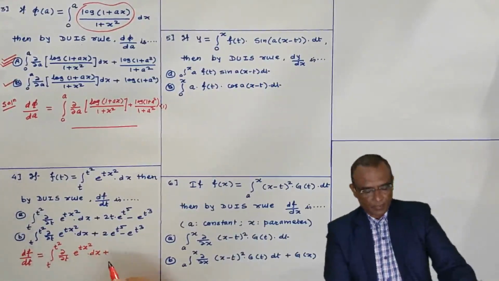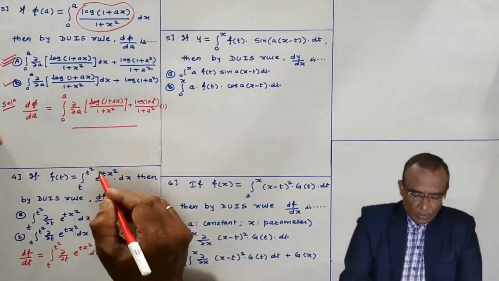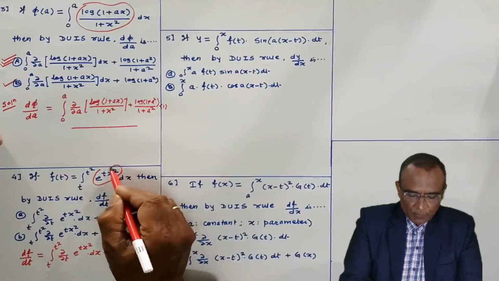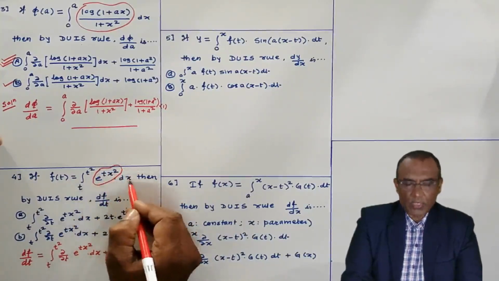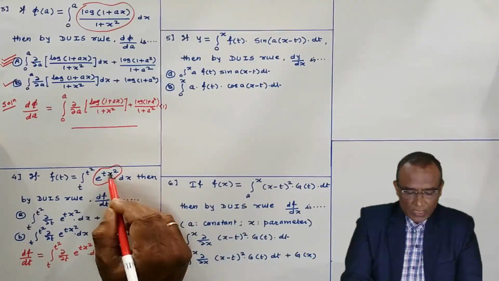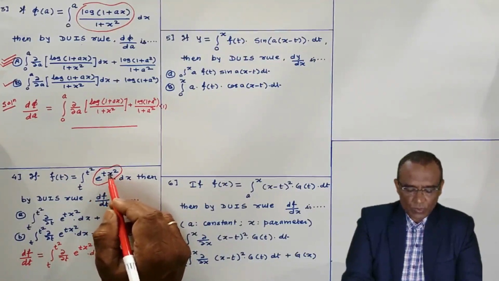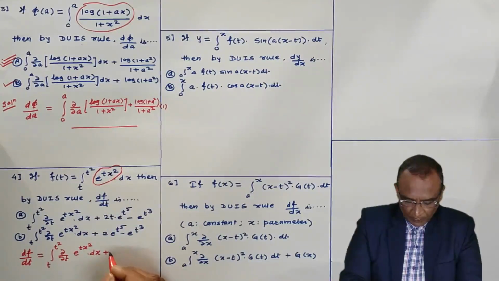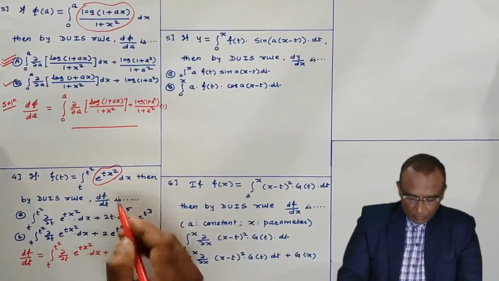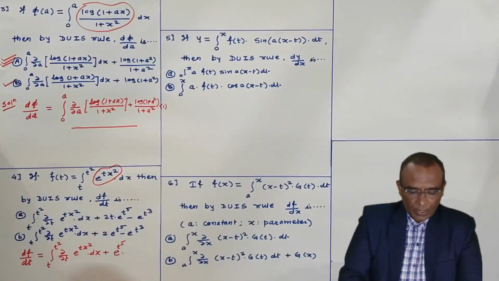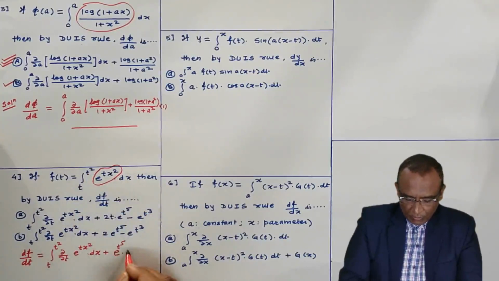Now the second term I am writing. When you write the second term, in this function put x equal to t square. X is the variable of integration. Put x equal to t square. If you put x equal to t square, whole square means t raised to power 4. T raised to power 4 into t is t raised to power 5. E raised to t to the power 5, and multiplied by the derivative of t square. The derivative of t square is 2t.